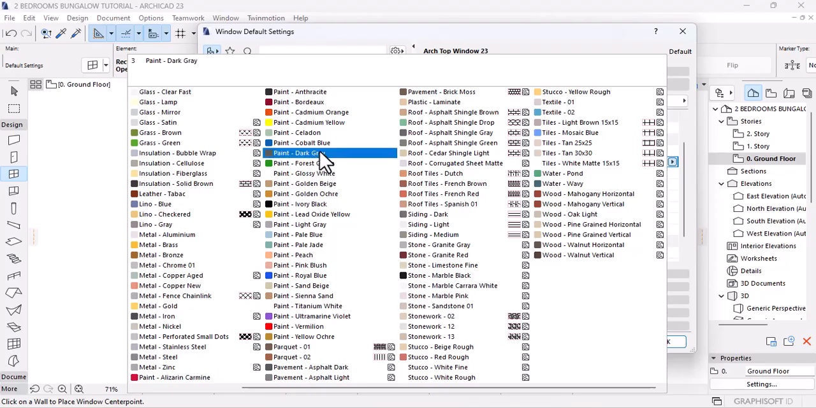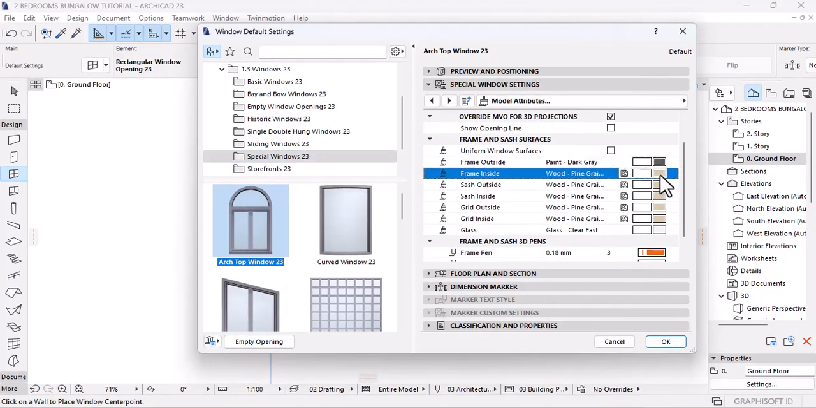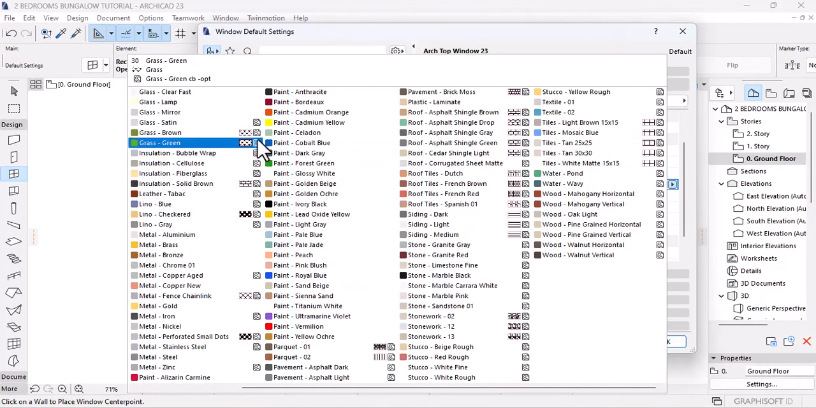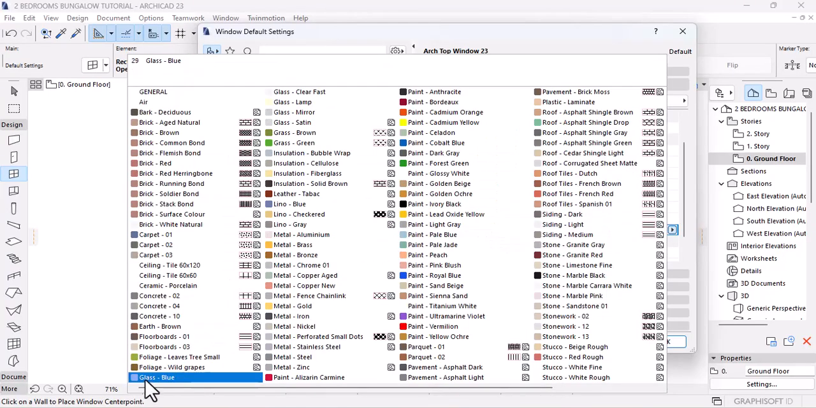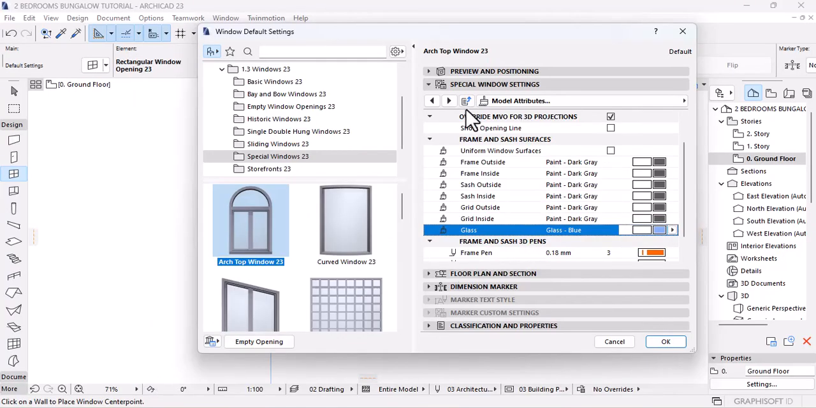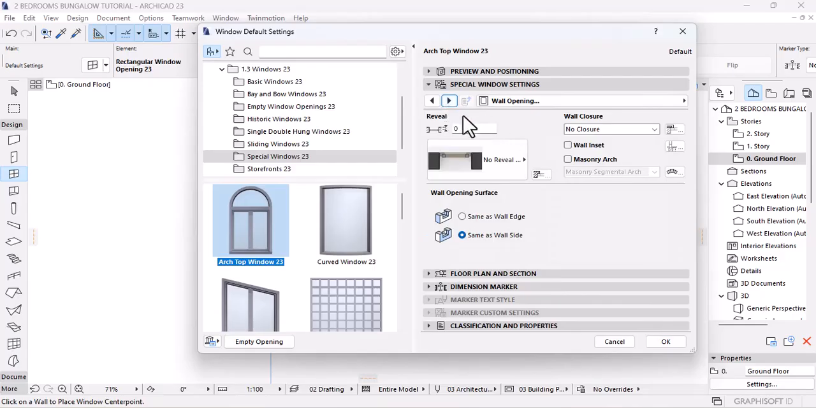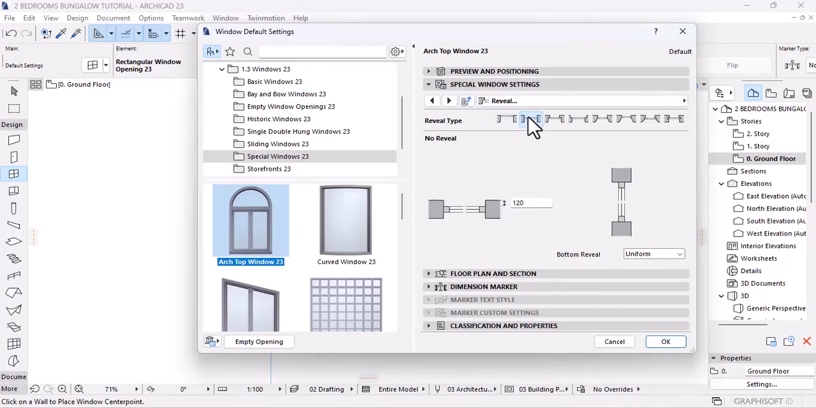Like using this paint dark gray, so that when I want to render the structure, the building, I'm going to put the color of my choice. But for now, let me use this paint dark gray. Then for glass, I like using glass blue. Use glass blue. Okay. Next,